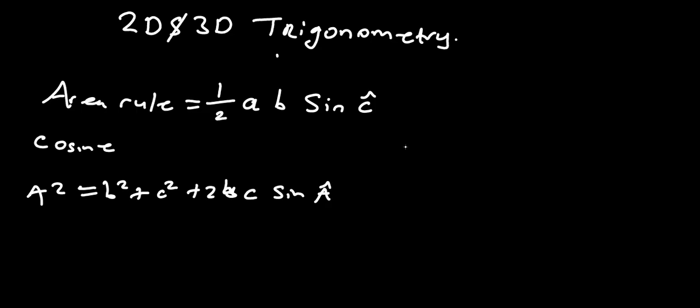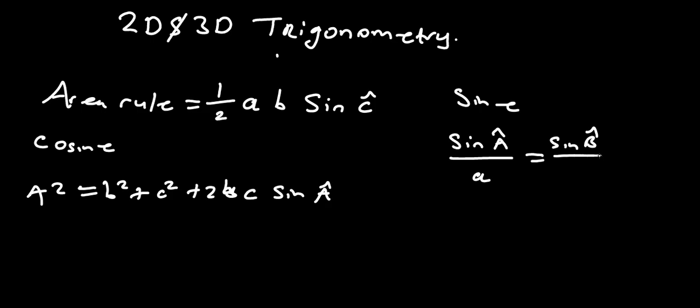So we also have the sine rule. The sine rule says sine A, which is supposed to be the sine of angle A divided by length A, equals the sine of the angle B divided by the length of B, equals the sine of angle C divided by the length of C. So these come from